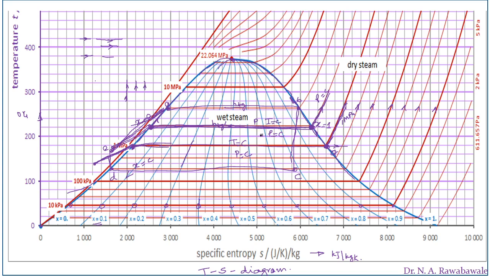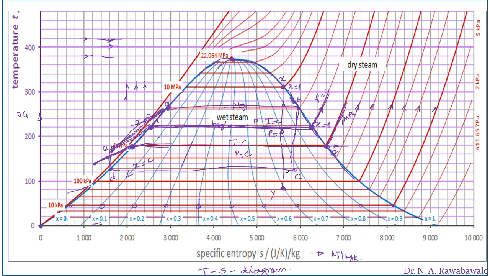So if we know the steam, say for example dry saturated steam at point say X, if it is expanded up to point say Y, so if it is expanded from X to Y, at point X the dryness fraction of this steam is 1, whereas if it is expanded up to Y, the dryness fraction of steam starts to decrease. So here it is 0.9, here it is 0.8, then here it is 0.7.